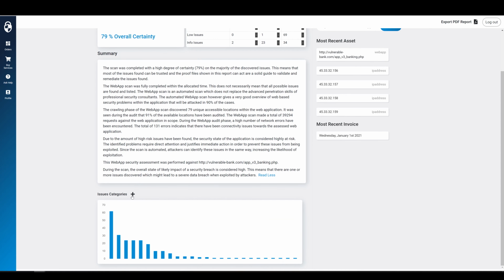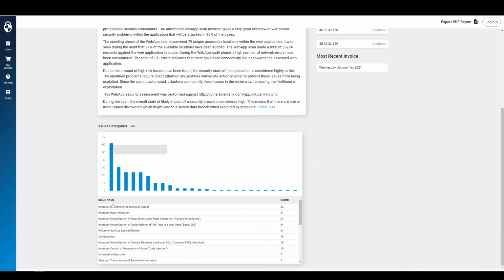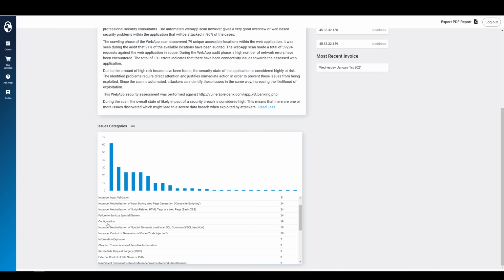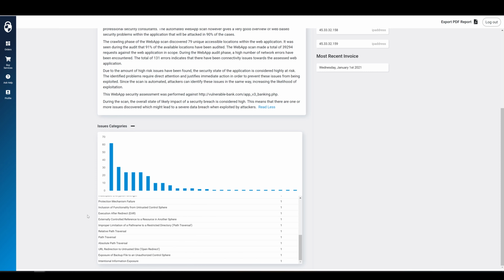This summary overview also lists the categories that we have. So all the individual issues that we've seen, they're categorized so that you have an idea where your developers, or where you as developer yourself, have to look into fixing stuff more. Like grouping things into stuff for cross-site scripting, into a basic or to more stringent cross-site scripting, which is typically improper neutralization of input. Failure to sanitize specific elements, which is different than cross-site scripting, configuration issues, etc. So that's the